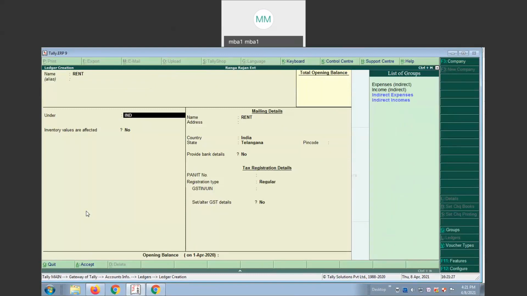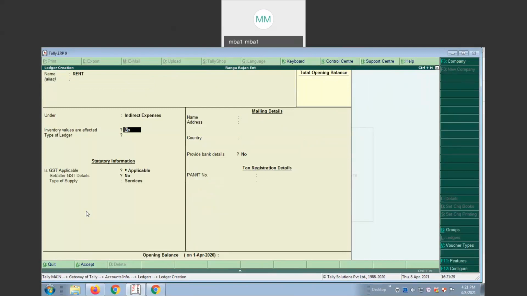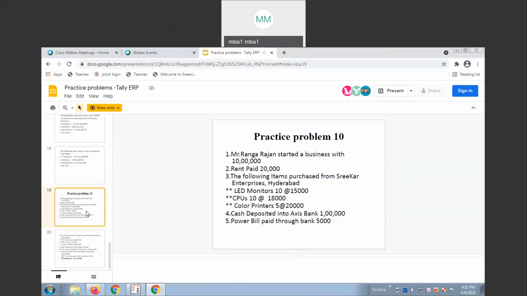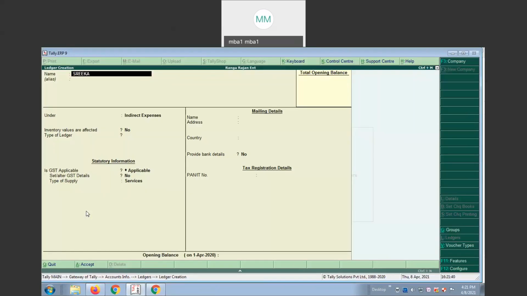VAT is not applicable here. The following items were purchased from Srikar Enterprise. Srikar Enterprise ledger comes under creditors.